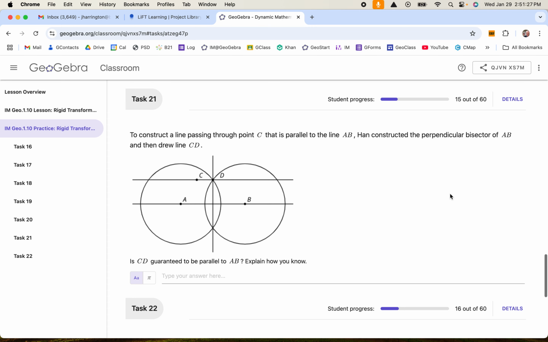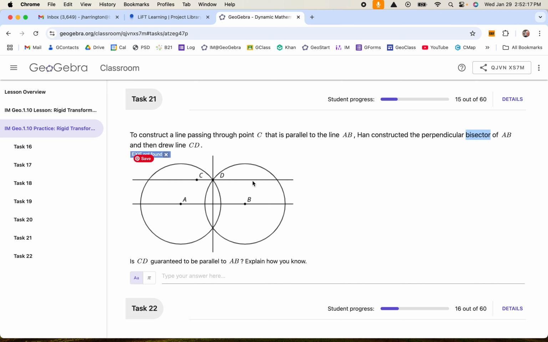All right. Task 21. To construct a line passing through point C, there's point C, that's parallel to line AB. Remember, parallel means that 2 things don't intersect, just like all the L's in parallel, they're all going the same direction. We want something parallel to line AB. Well, here's line AB. Han constructed the perpendicular bisector of AB, meaning a perpendicular line that cuts it in half,